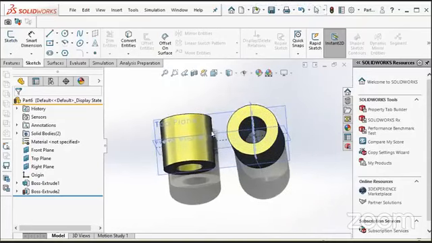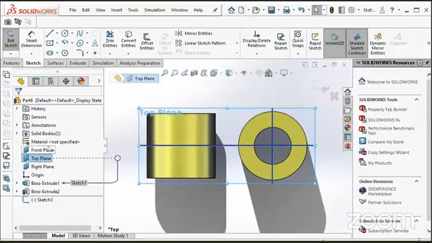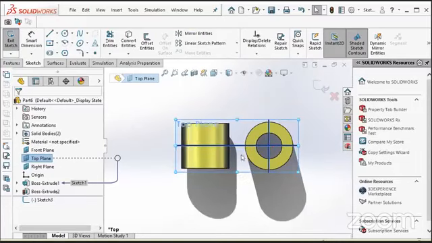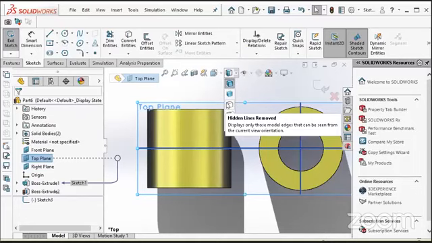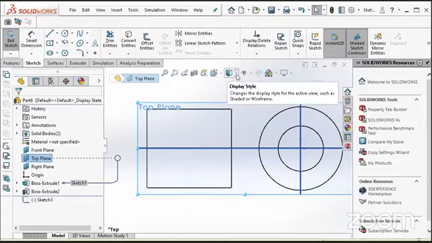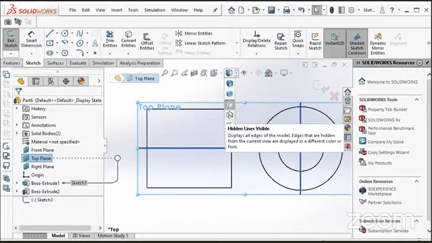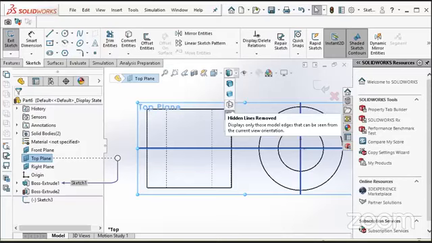Again, I need to make some cuts from the top of the cylinder. So I will select again the top plane and click sketch simply. But I will need some references. To do that, it is better to use hidden lines removed mode. So the profiles inside the circle cannot appear. If you want to see those profiles, you need to select hidden lines visible. So the dotted lines represent the hidden profiles inside the circle. In my case, I will select hidden lines removed.